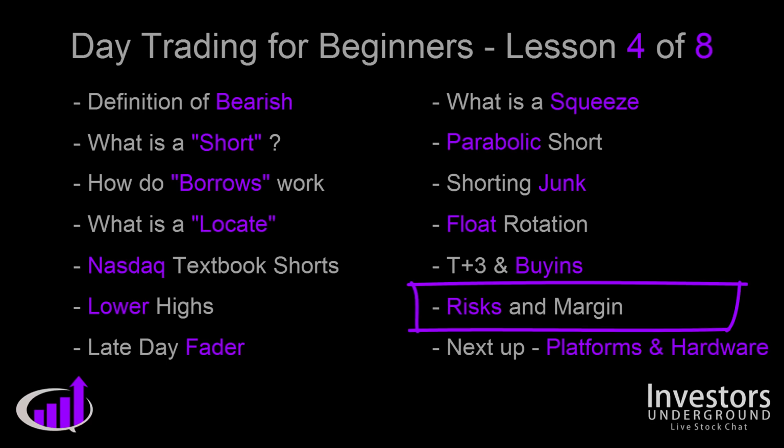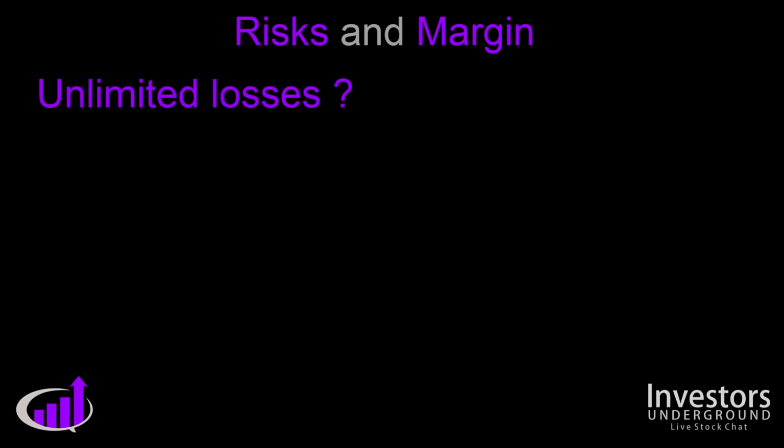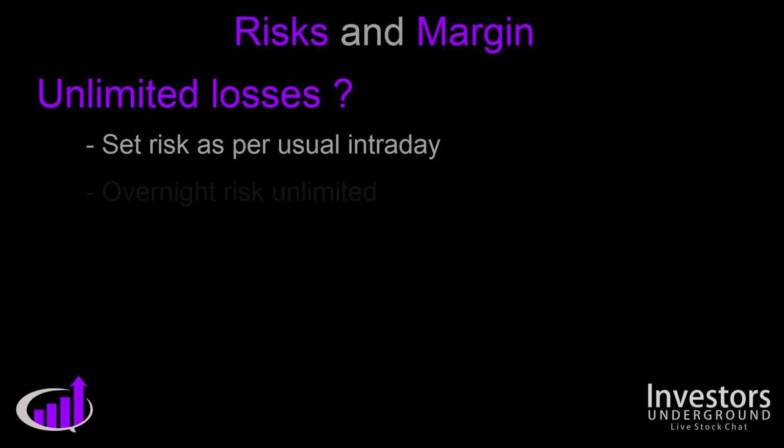And last but not least, risks and margin. So everyone says, on the short side, you've got unlimited losses. And although technically that is true, if you're trading short intraday, it's the same as if you're trading long. But when you look from an overnight perspective, your risk is unlimited, because if you're long a stock at $2 and it goes to 0, well, you'll lose all your money. But if you're short a stock at $2 and it goes to 10, well, you're probably going to owe the